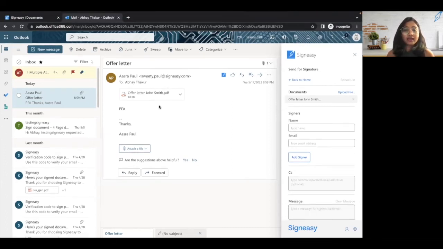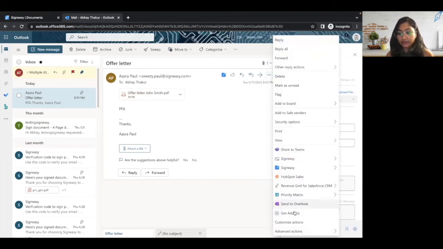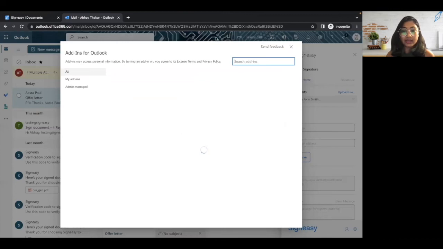Once the member of the HR team creates the offer letter, he or she wants to verify it with the HR manager. Once that is done, all the HR manager needs to do is install an add-in into the Outlook app. I have already installed one, but I'll quickly show you how you can get an add-in within